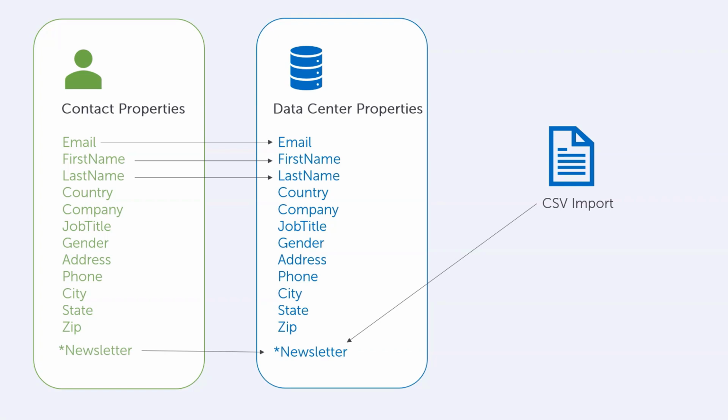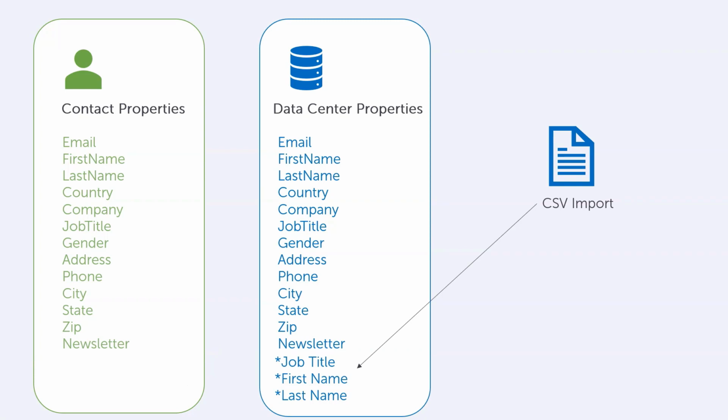So that helps explain why newsletter might have shown up in that yellow validation message. But what about our other fields? We also had things like job title, first name, last name, and these actually already exist. So if we look on the left-hand side, there's a contact property for first name, for last name, and for job title. However, since our import data had spaces in the names of those columns, Sitefinity Insight recognizes those as